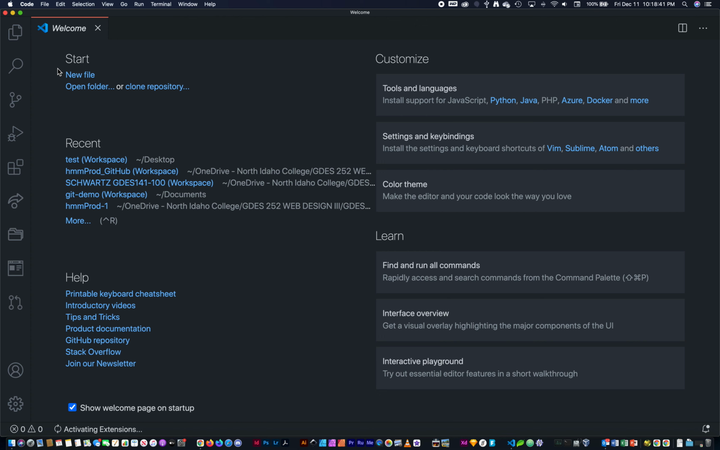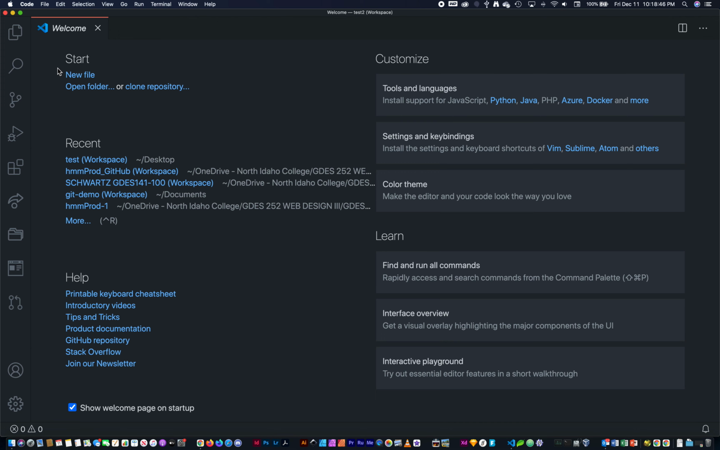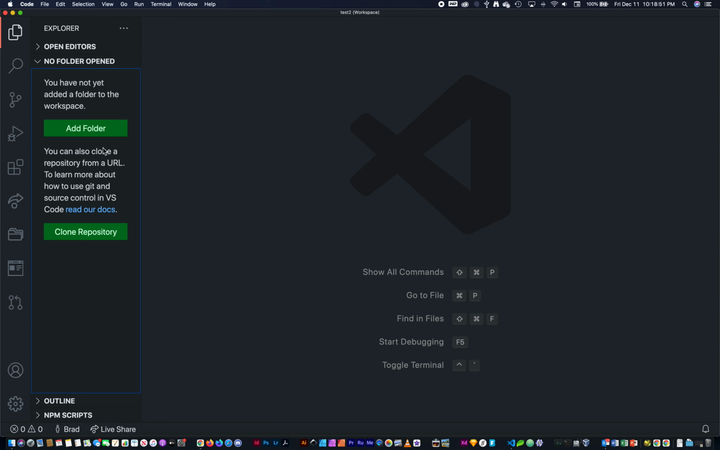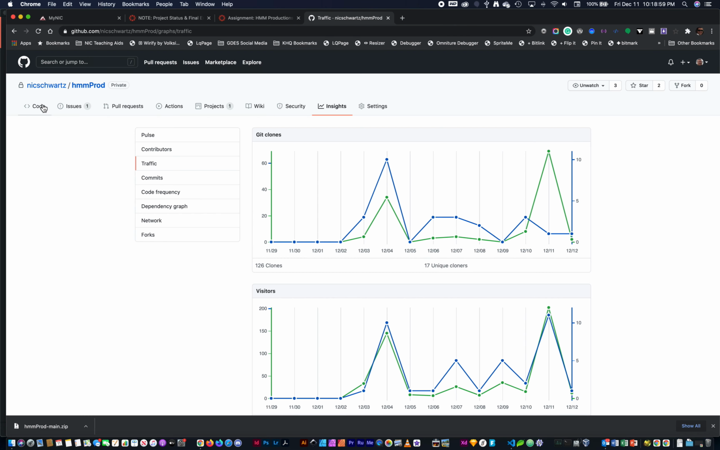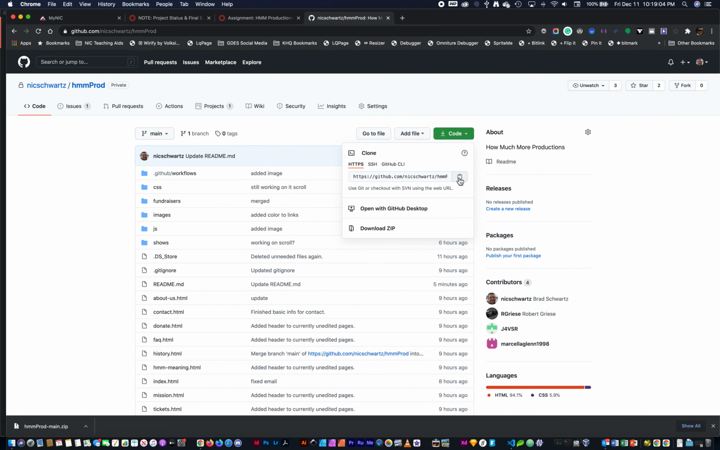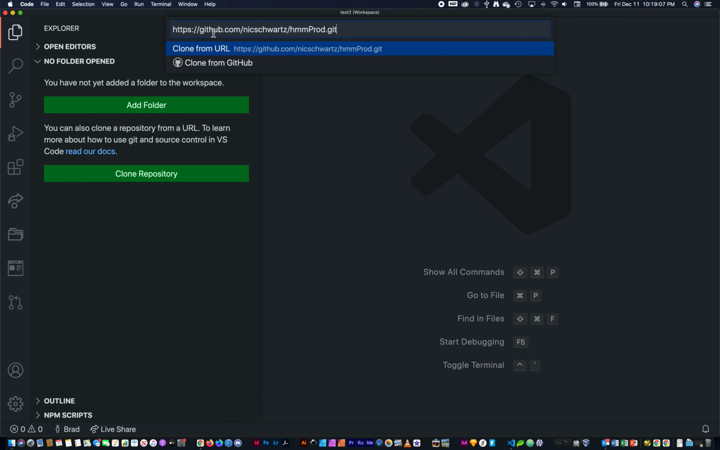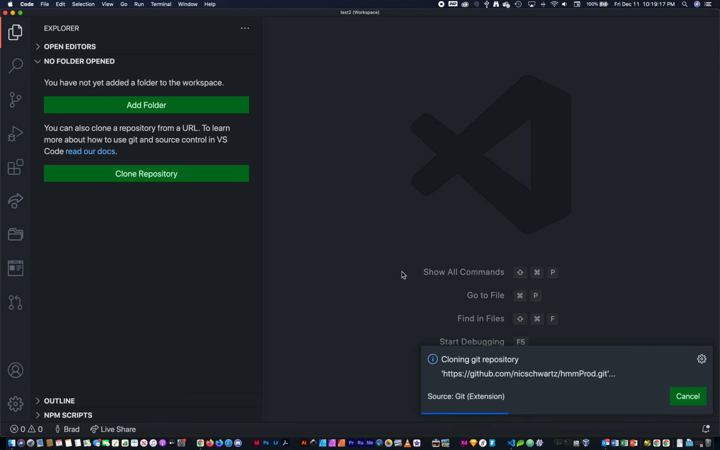So I'm just going to test one more time, test 2. And then now that it's working the first time, it took a little while, but now it's working. I've got that clone button. I can just go find my repository. I can hit code, copy the URL, and then I just paste this in and I say clone from URL and use that URL. Click that, find the folder where I want to save it, select repository location, and now